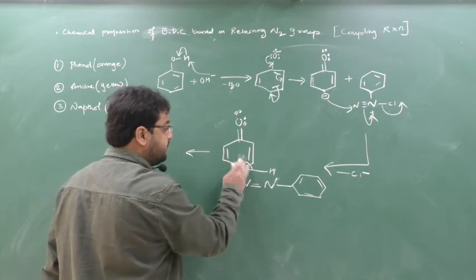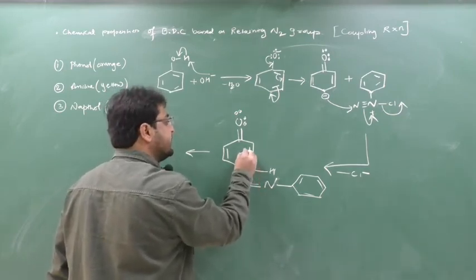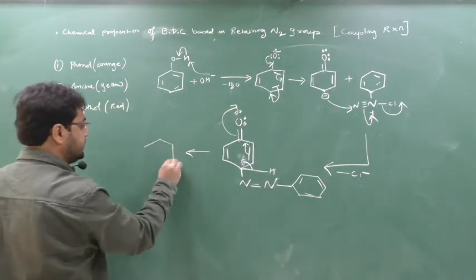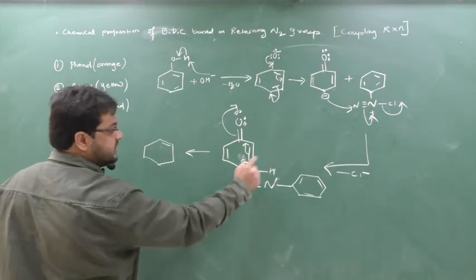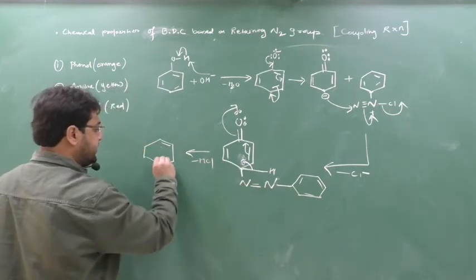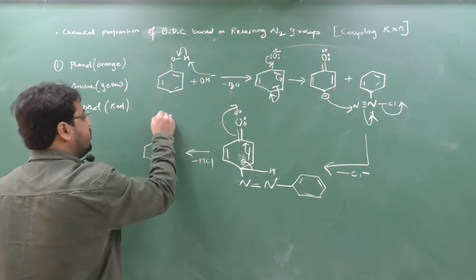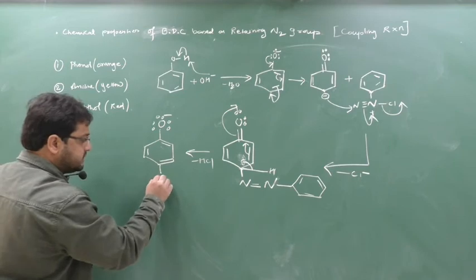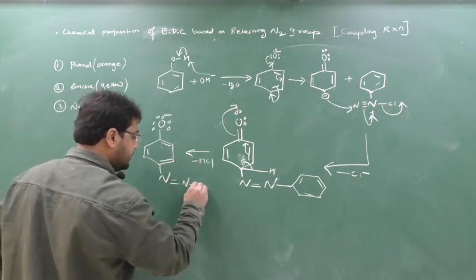So this pi bond will be shifted here back. So this will be shifted here. Clear? So I'll get here what? Double bond. This hydrogen has moved as H plus. There is a Cl minus, so here HCl. This pi bond will shift here, double bond comes to single bond. Here O minus. One extra lone pair also will come here, and there is one lone pair here. There is an N here, triple bond N here. Here ring.